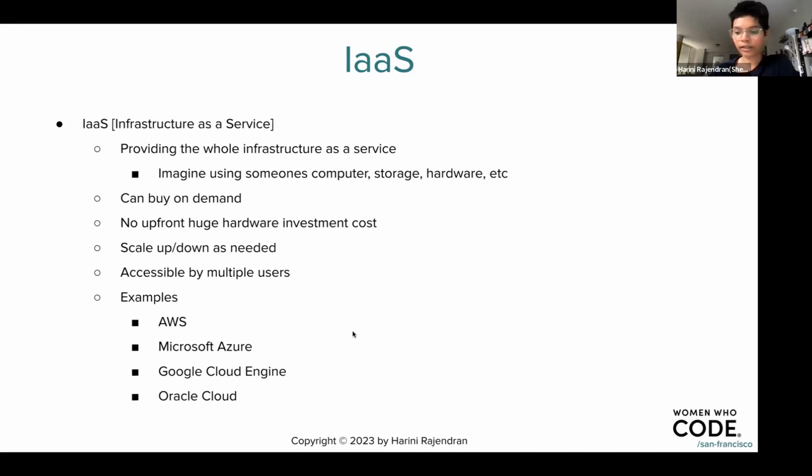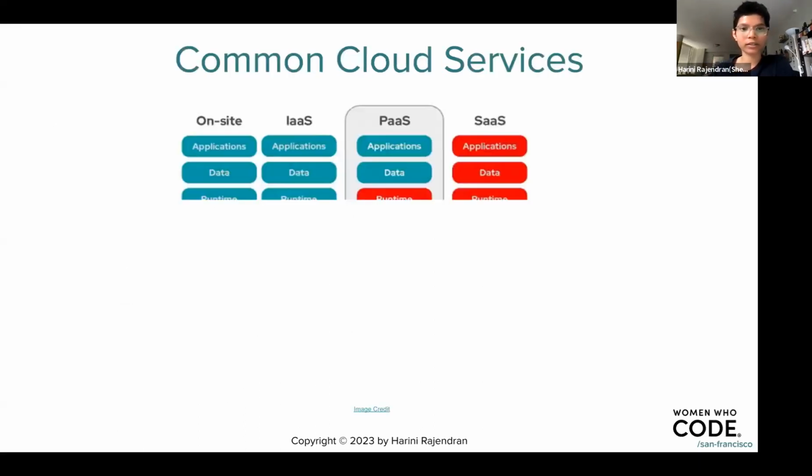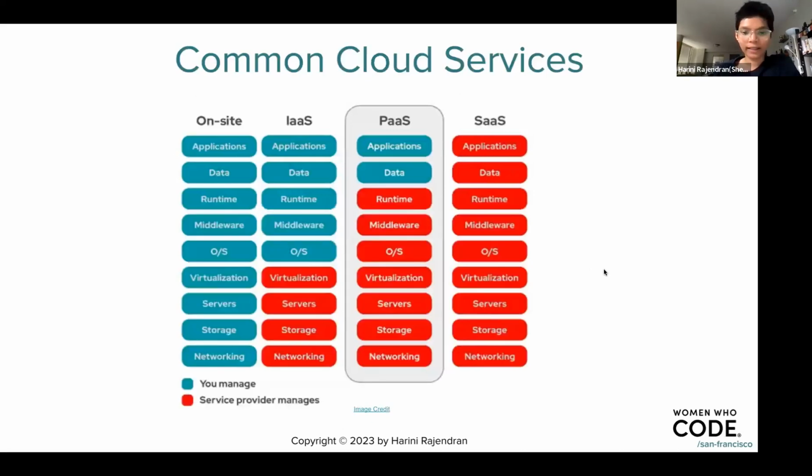So these are the three different kinds of cloud deployment models, and it's purely the level of ownership that's different between the three of them. And that is beautifully described in this image, if you see. So the first one is on-site, the on-prem solution, where all the blue boxes are the ones that you manage as a user. All the red boxes are the ones that are actually managed by someone else, let's say by the providers. So if you're going with an on-prem or an on-site solution, you literally own everything.